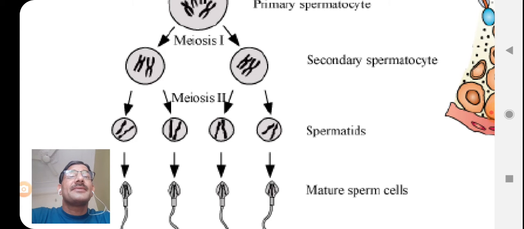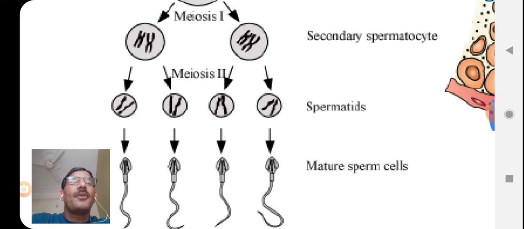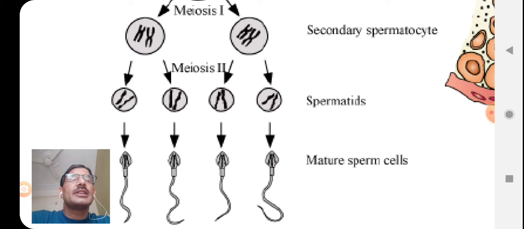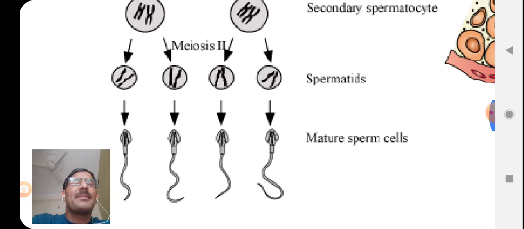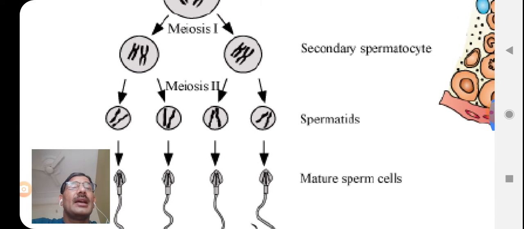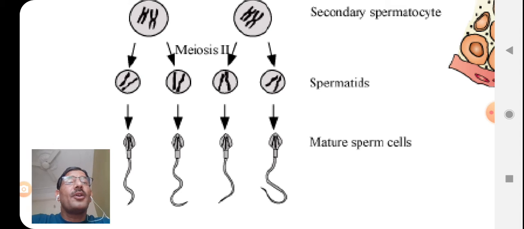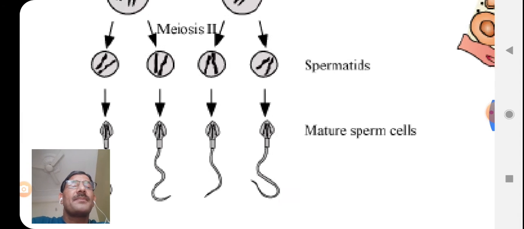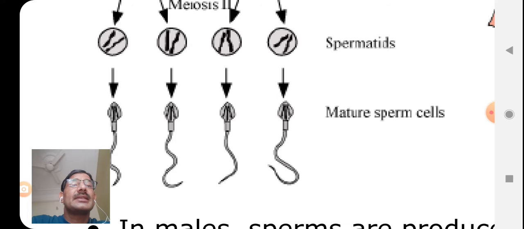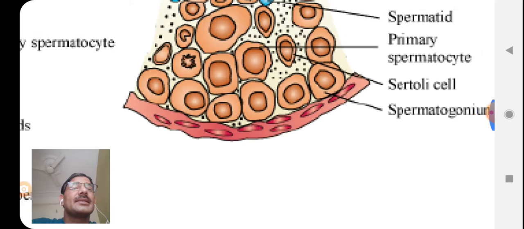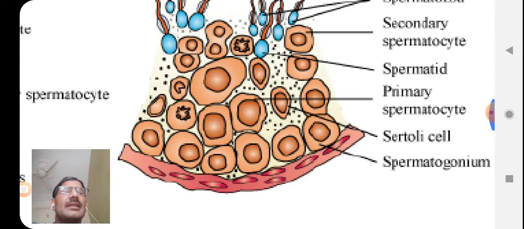Meiosis second. Secondary spermatocytes then divide by meiosis 2 and form four haploid cells called spermatids. So spermatids are undifferentiated male gametes, they can be called. Spermatids now transformed into mature sperm cells by a process called spermiogenesis. Which process? Spermiogenesis. So you can see this lining is germinal epithelium, where the